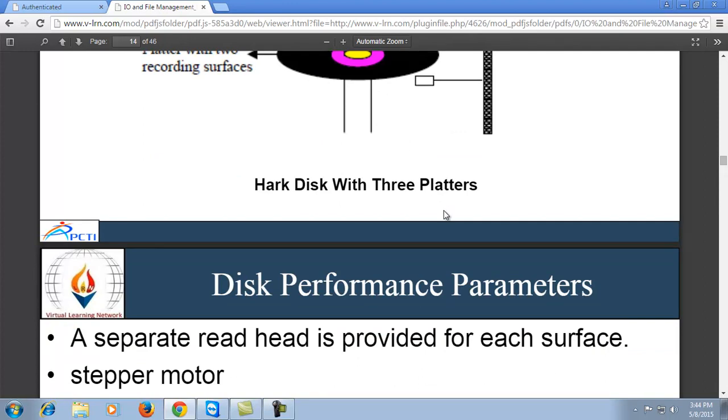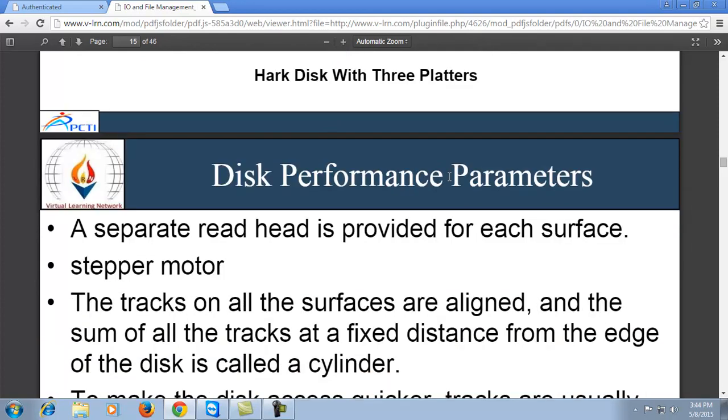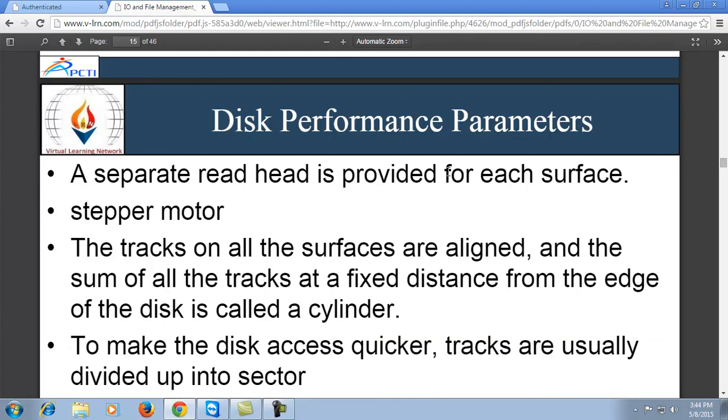The next topic is disk performance parameters. In disk performance parameters, we have to check how much time is required and how much time is taken by a system or a particular device for performing a particular task.